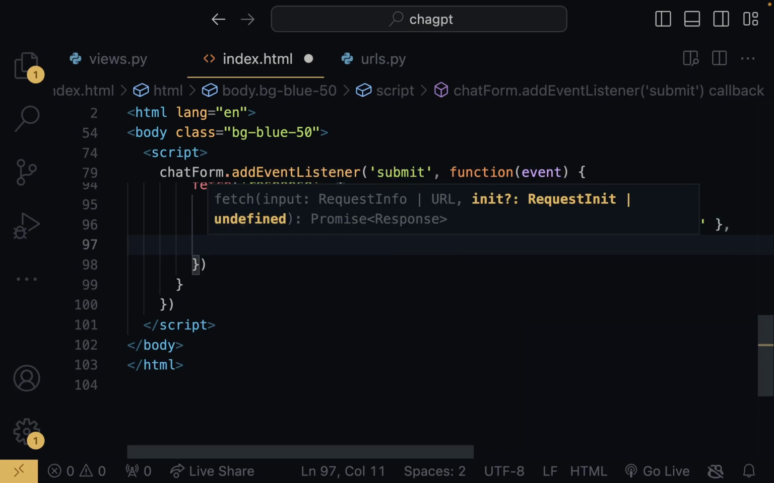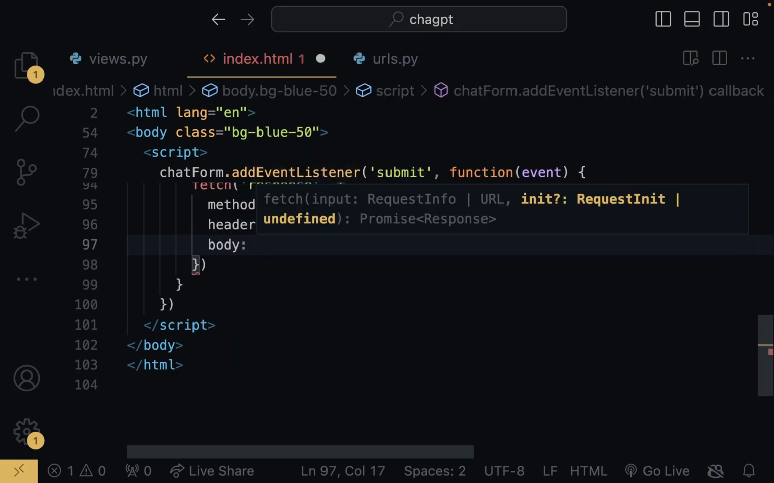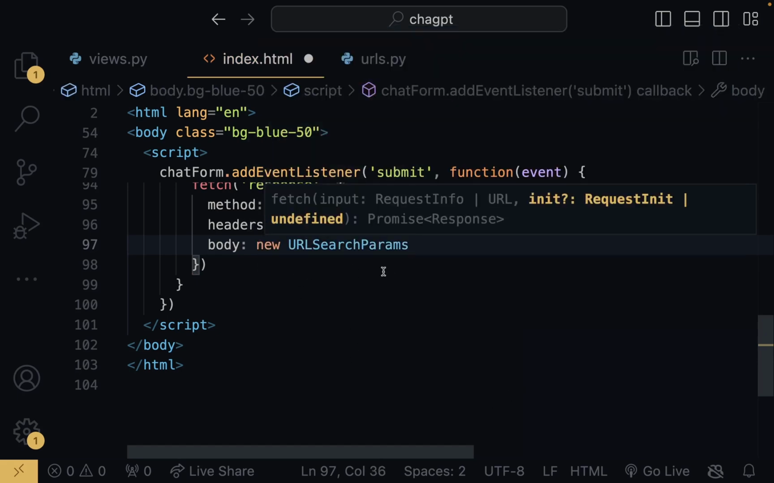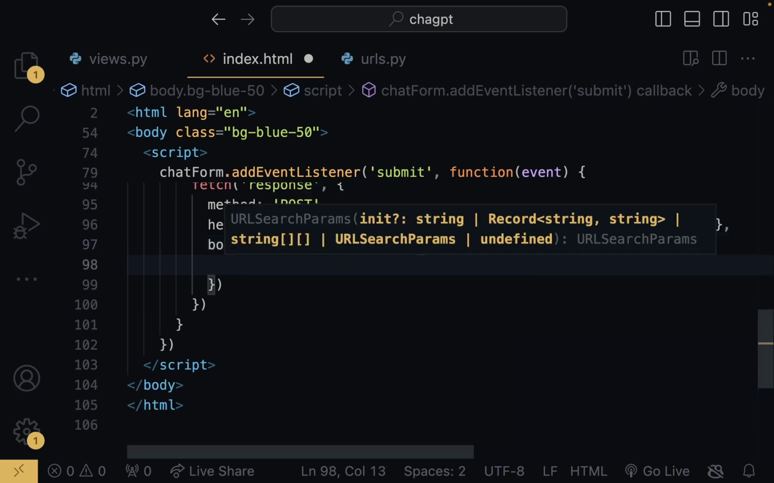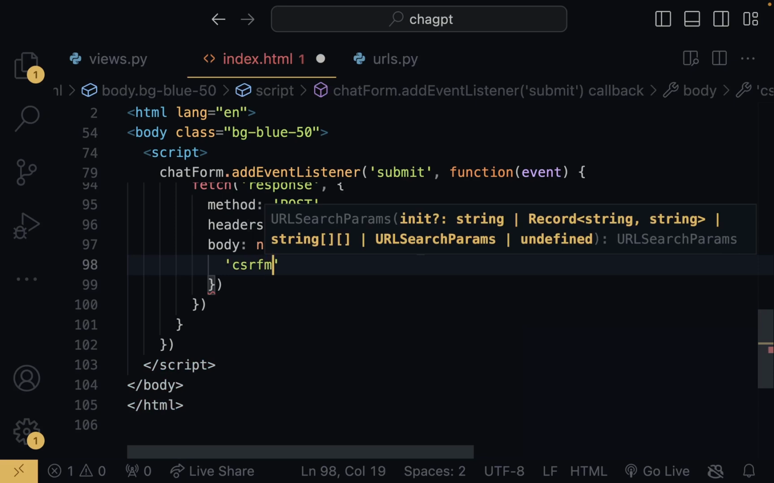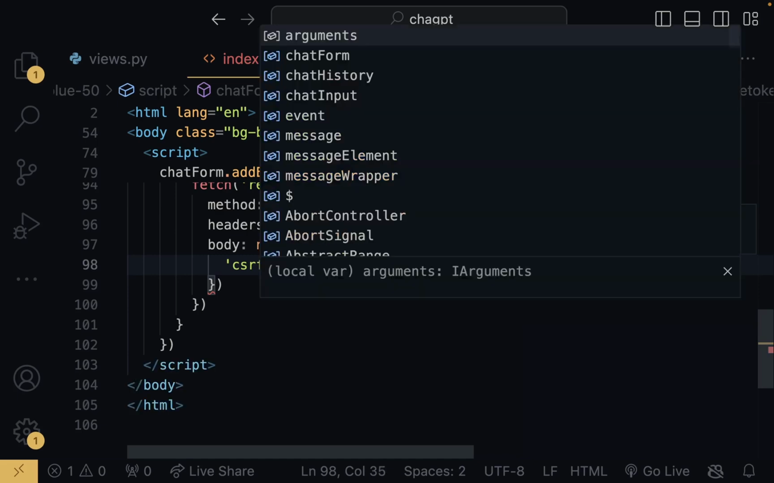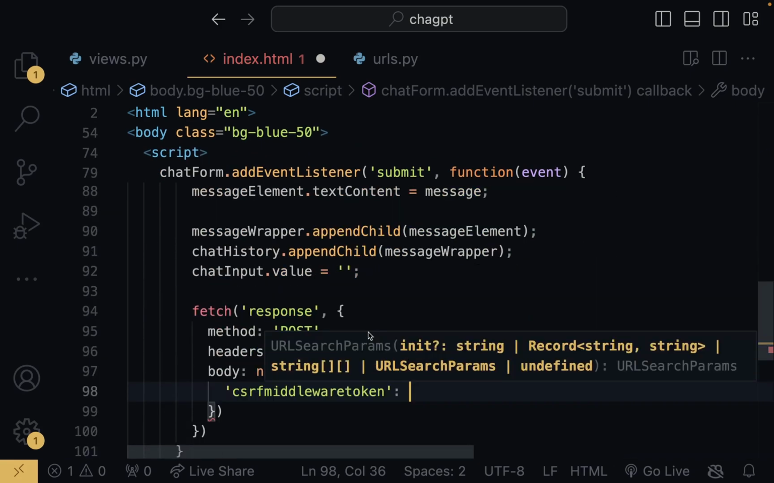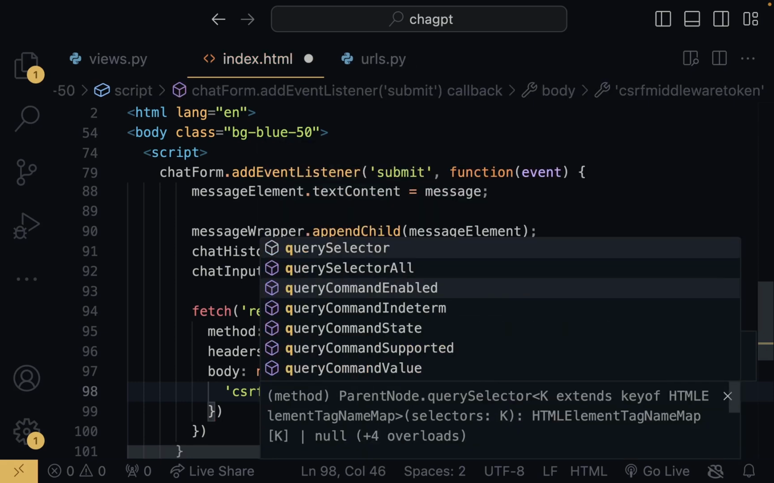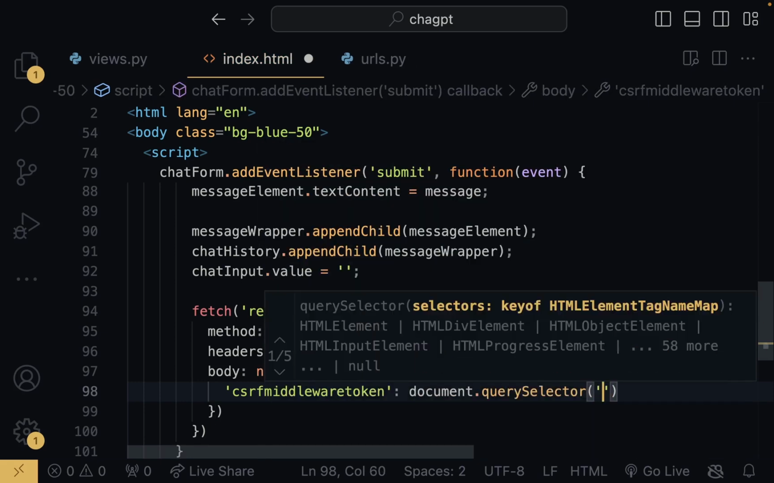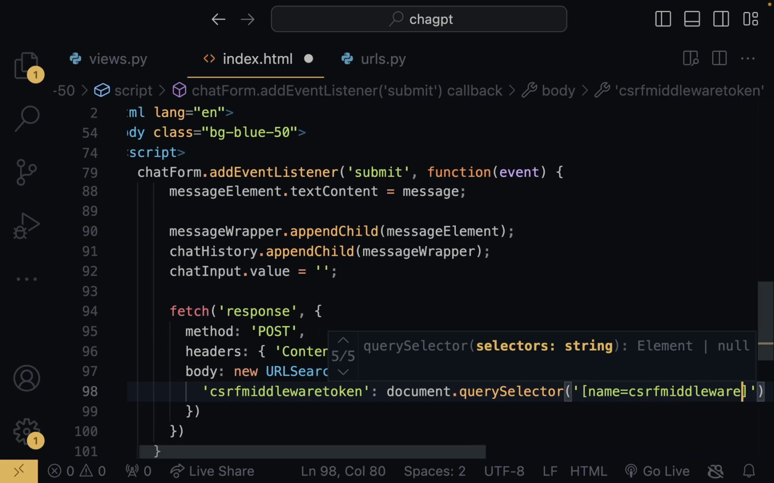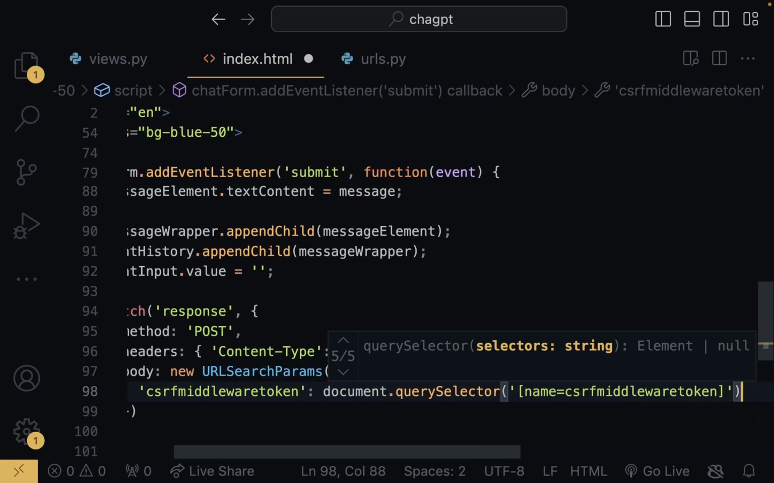I'm going to scroll down, and now we're going to have its body. Let's say new URLSearchParams. So we're using URL search parameters. This, and we need to give it a CSRF middleware token. Good. And the value for this is basically going to be the value of, if I scroll here, the value of this CSRF token. So to do that, we're going to say document.querySelector, square brackets, name equals csrfmiddlewaretoken. Just like this. I want to get the value by saying the value,